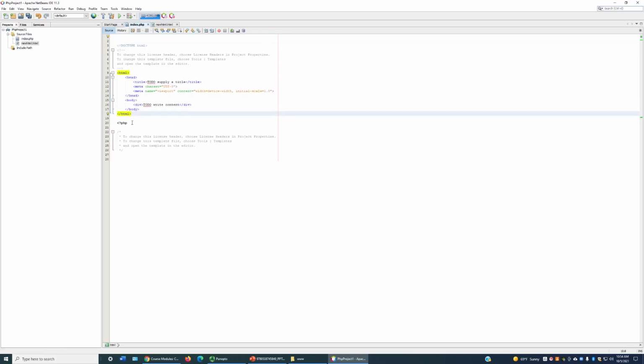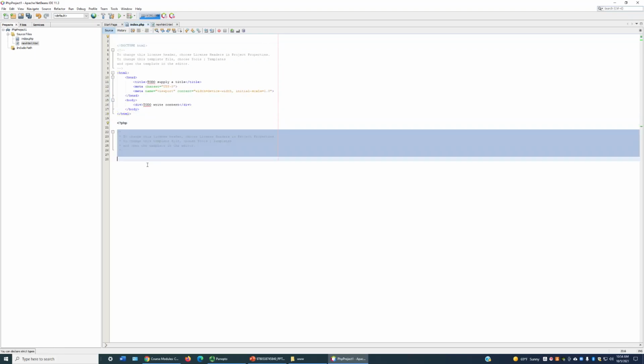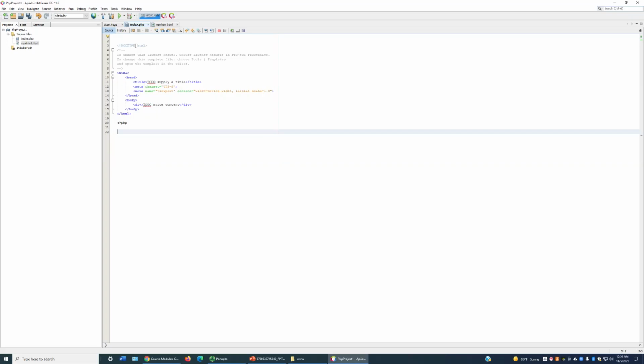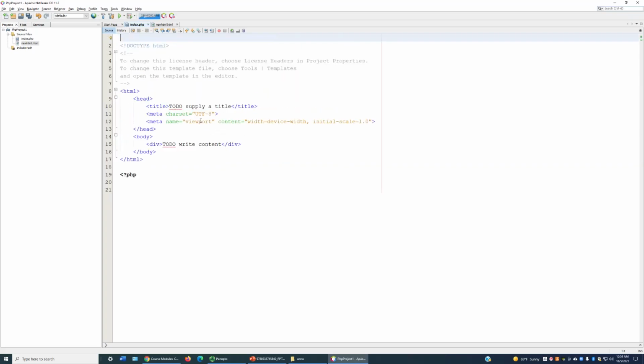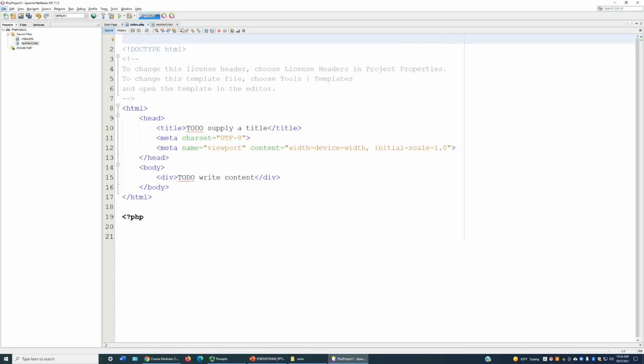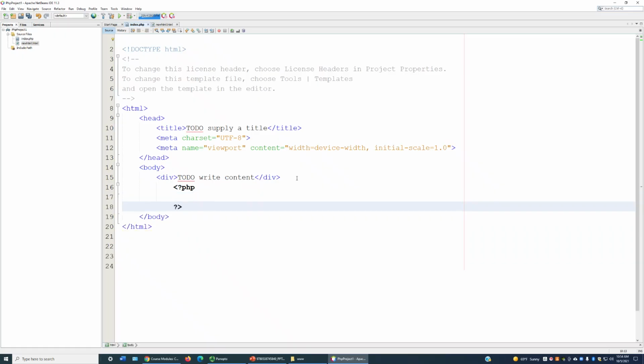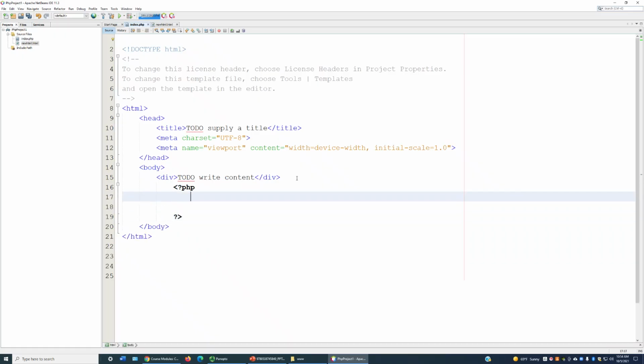Okay, so I think this will get us set up. Okay, I'm in my index.php. Let me zoom in for you. And I'm going to go ahead and put my script start inside of the body, and then I'm going to go ahead and close it. Always remember to close it. Okay, so now what I'm going to do is follow the instructions for building our all-in-one form,